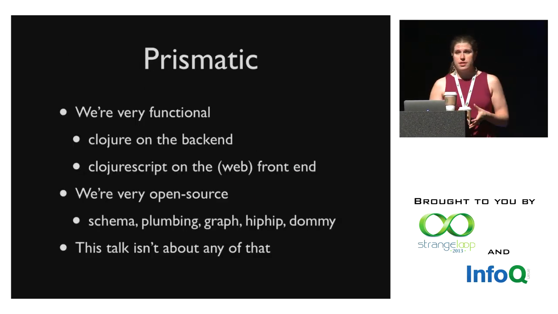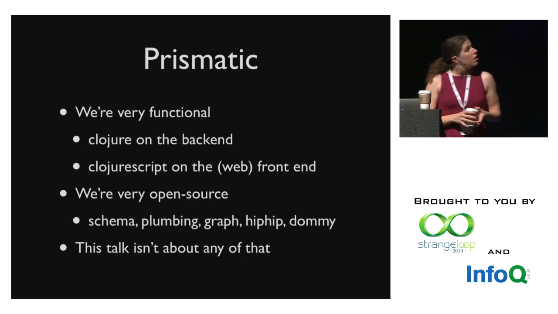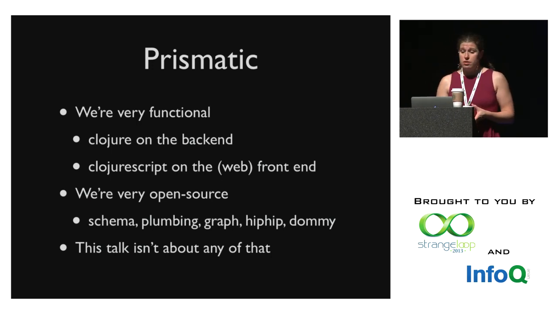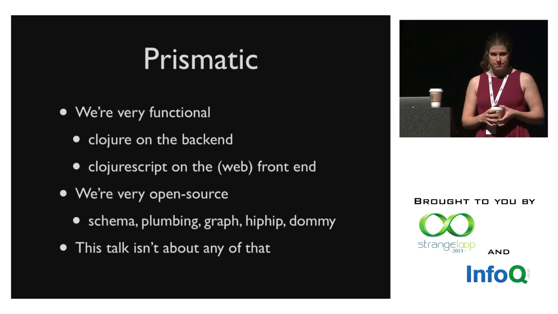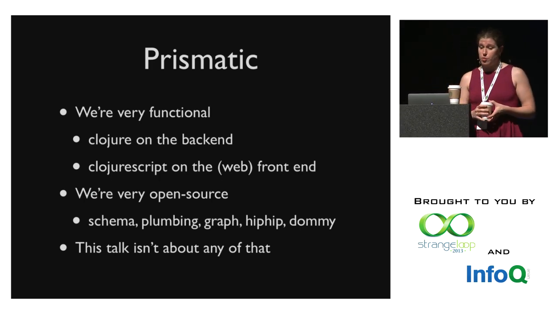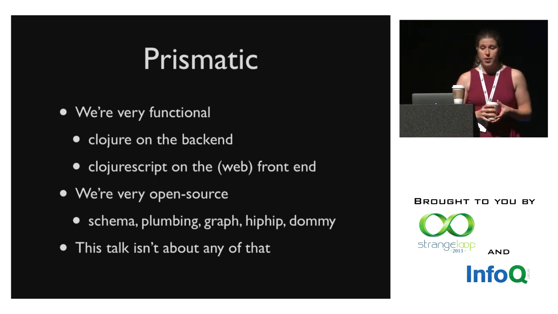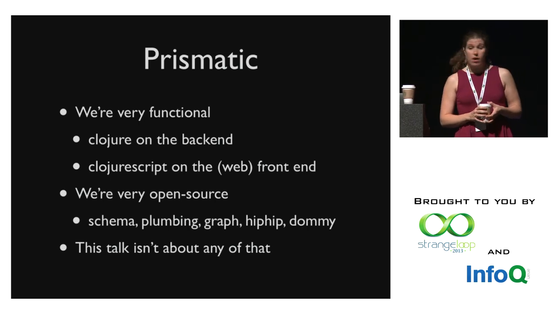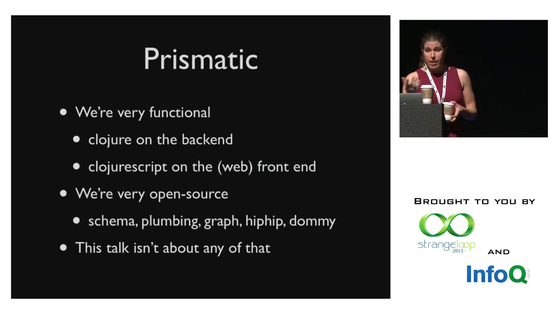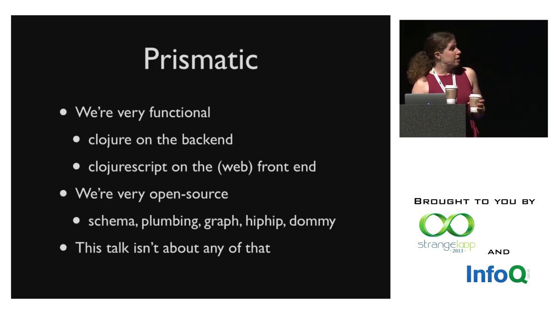Given the current audience, it's probably worth mentioning that at Prismatic, we're a functional programming shop. The entire backend is written in Clojure. The web front end is entirely ClojureScript. My personal background is academic. I went to graduate school in computer science, focusing on machine learning and natural language processing. And so doing real artificial intelligence work in a Lisp makes me feel pretty cool. We're also very involved in the open source community. You may have caught my colleague Jason Wolf's talk on Graph here last year, or his unsession on Schema last night. This talk, however, is not going to be about any of that.